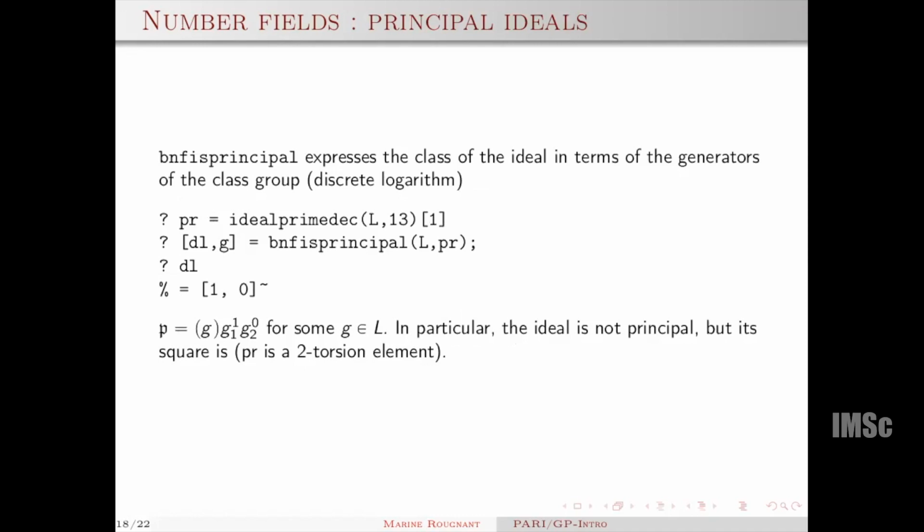You may want to know if your ideal is principal or not. For that, you have this function, BNF is principal, that will give you the class of the ideal in terms of the generators of your class group. So here, let's take the prime decomposition of 13, and I take the first ideal appearing in this prime decomposition. When I use BNF is principal, you have to mention your BNF and the ideal. It will output two things. The first one,